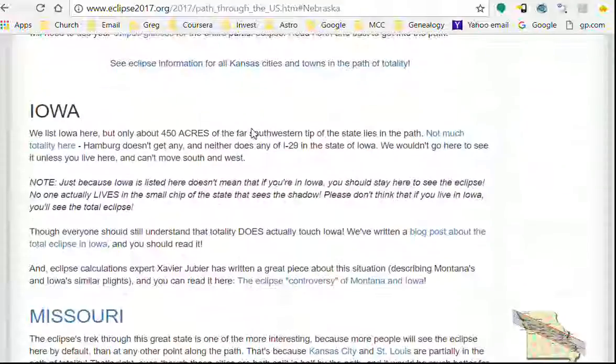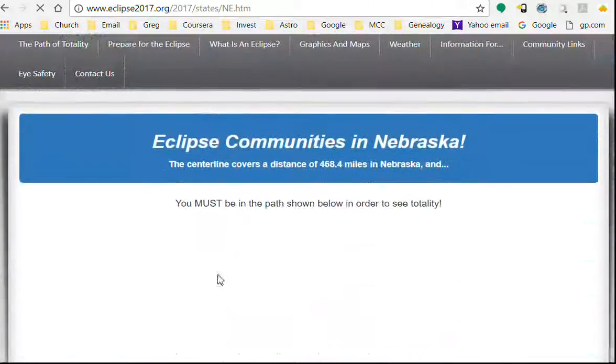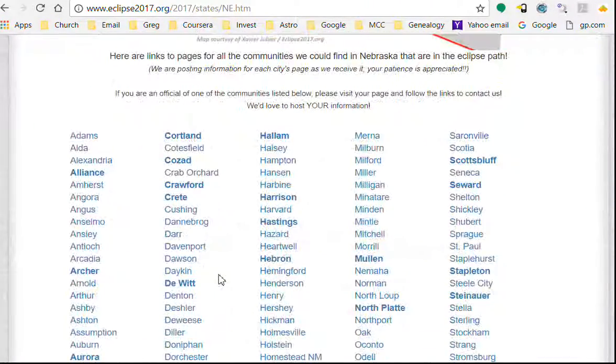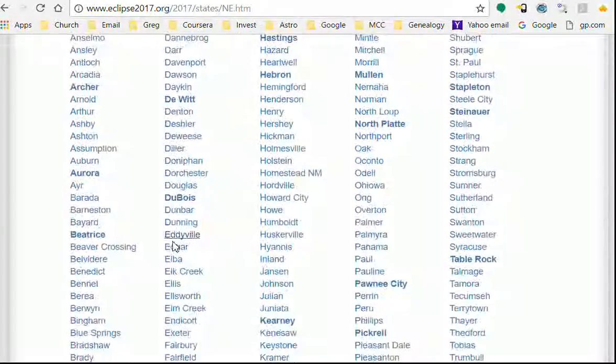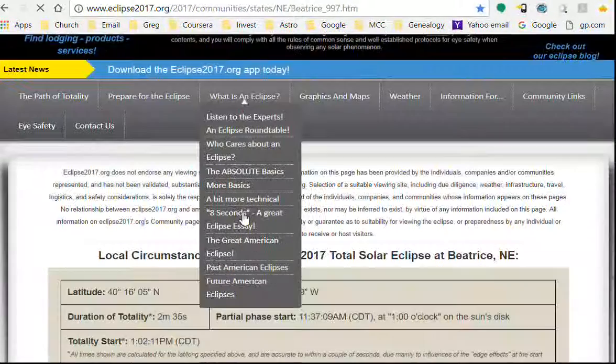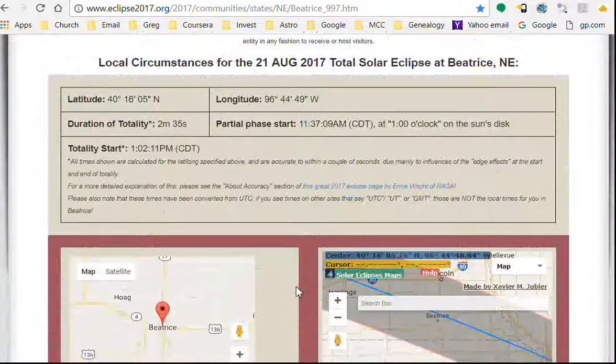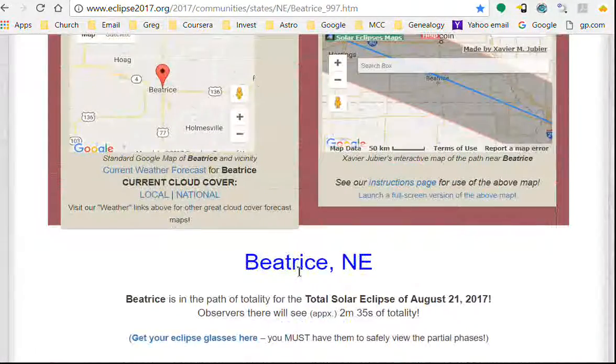So Nebraska here, and at the bottom here of the state section. So I click on that and I get information about communities. The ones in bold have something posted about them. So I'm going to click on Beatrice, and it tells what's happening for the eclipse, the duration of the totality, when totality starts. Gives a little map, and then